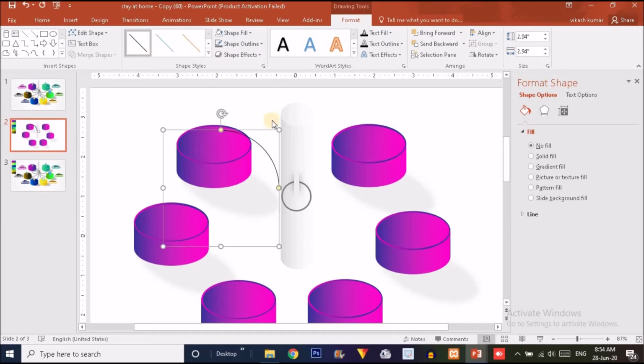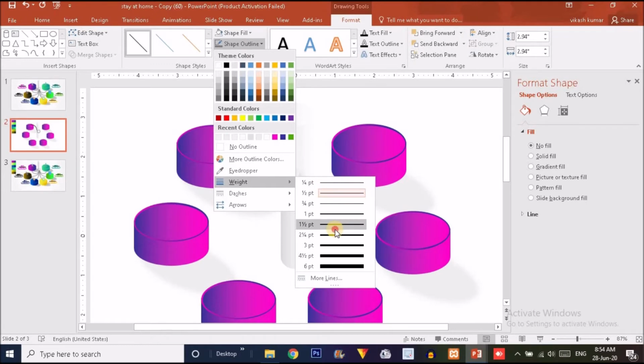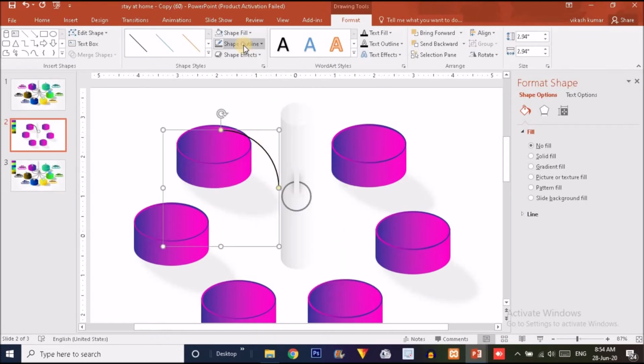For now, I'm going to choose the color of the arc like this and make the arc a little wider. I'm going to choose this one. Okay, and the outline color should be this. Now rotate it like this and I'm going to connect all these shapes over here. So I'm going to fast forward the video, as it will take some time, guys. I just don't want to waste time and make the video boring. So that's why I'm fast forwarding this video.